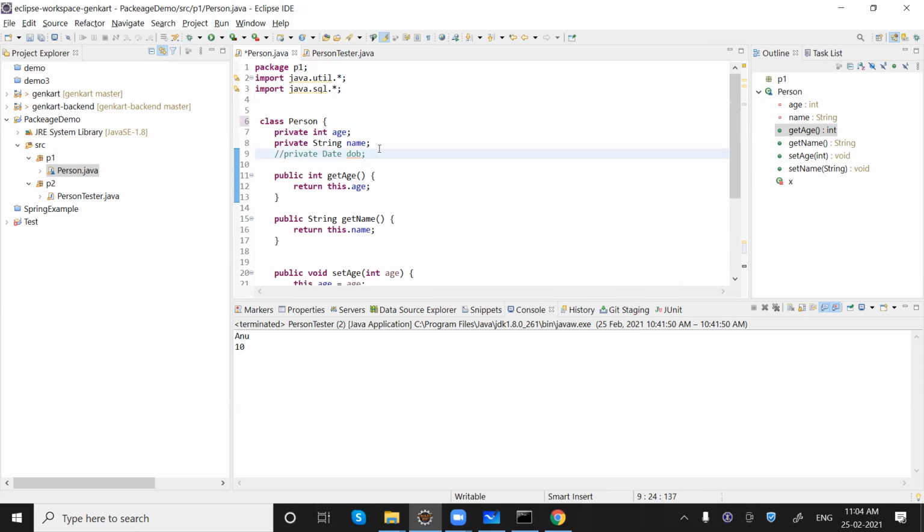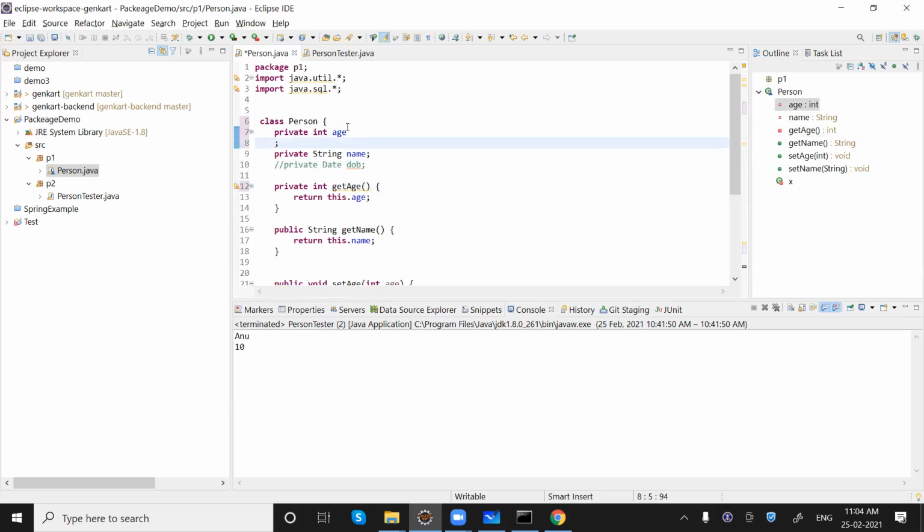All right, guys, so this is all about access modifiers. Inside a class, we can use all the 4 scopes. Like for this method, I want to make it private. I can do that. That means this method is no longer available to outside classes. So what are the different members in a class? Let me write it here.